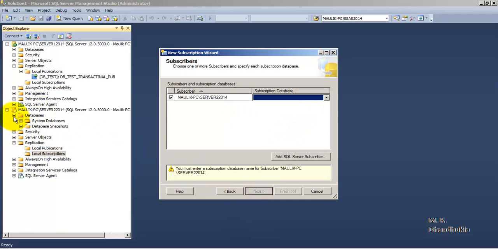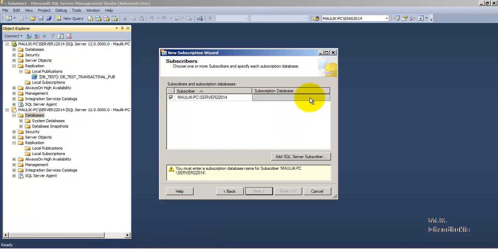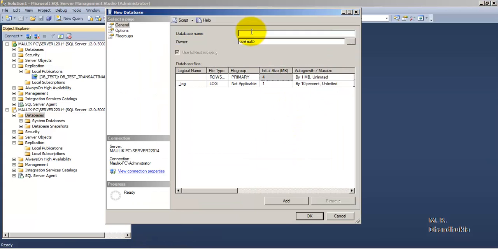Now we can see there is no database here, so let us create a new database on the subscriber. Let us give it a proper name, db_test_transactional_replication.